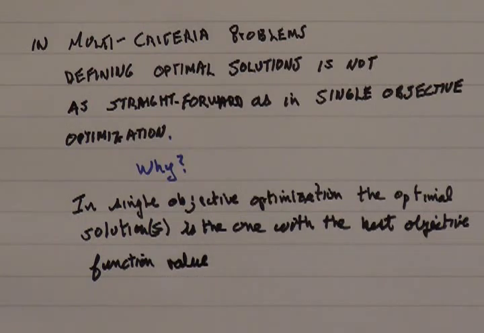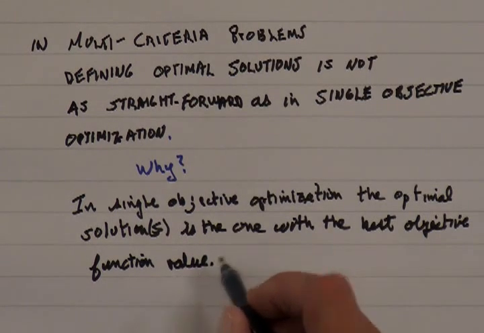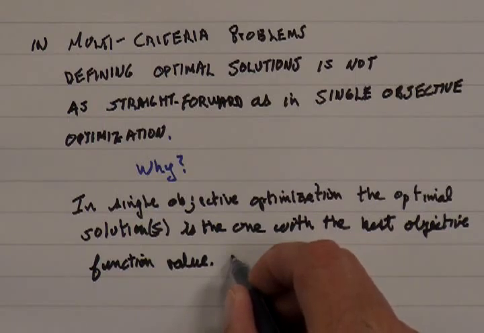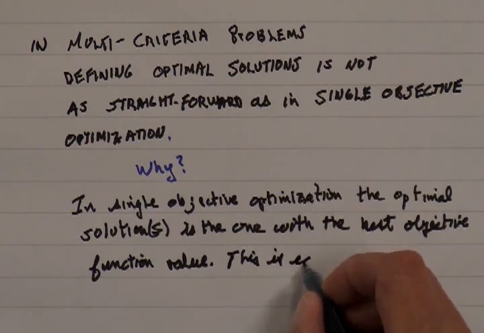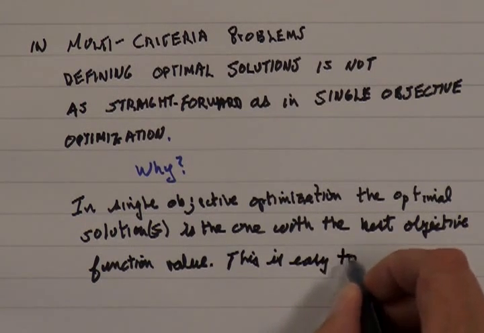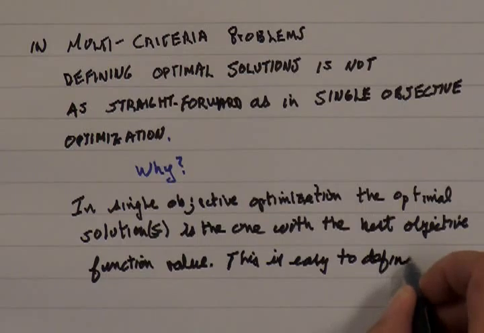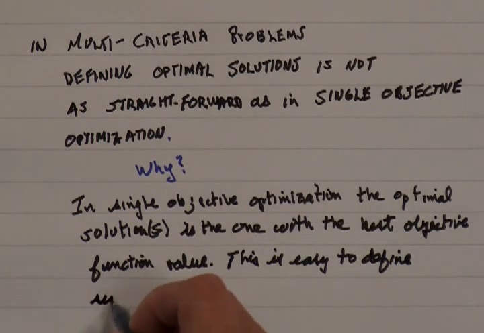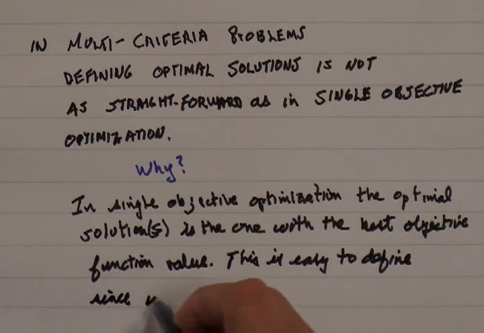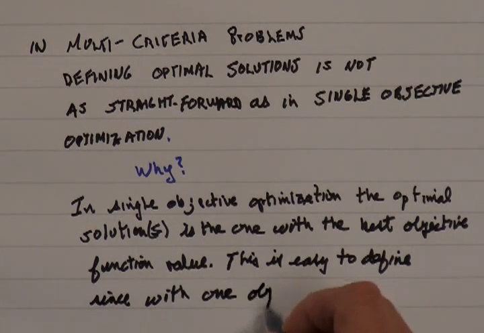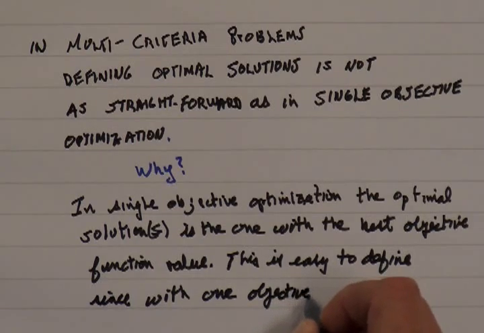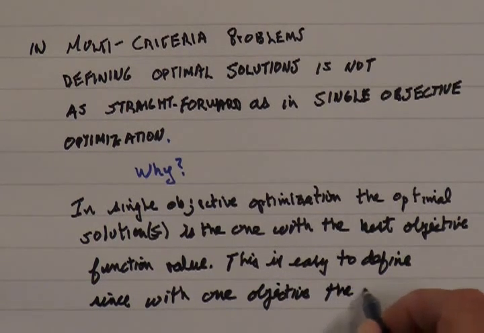So if we're maximizing, the best objective function value would be the highest objective function value. This is easy to define, since with one objective, the objective function values